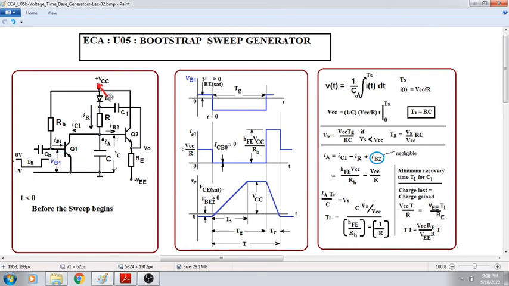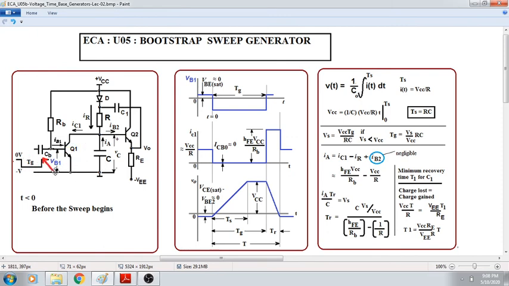Now you write the equation. The equation is VCC by RB, which is the base current, must be greater than VCC by R divided by HFE. Okay, now what will you get from that equation? You will see that RB has to be less than HFE times R. That is the condition. So if you don't put RB less than HFE times R, HFE of Q1, this transistor may not go into saturation. Okay, that is the danger. So make sure that RB is less than HFE times R for this transistor to act like a switch.